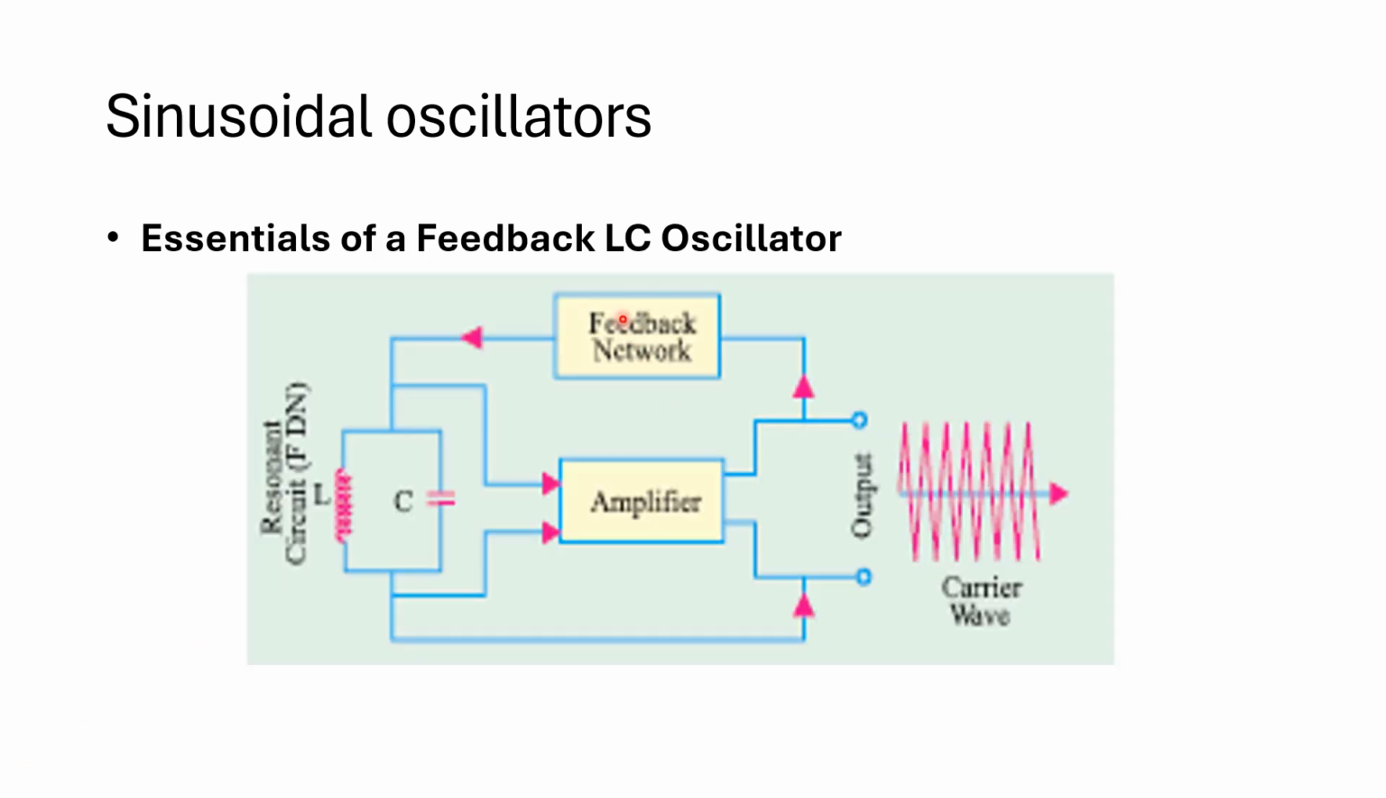So we have here the essential components of a feedback LC oscillator. Any feedback oscillator circuit must have these components for us to be assured that we have an undamped output waveform. Okay, so we have here a carrier wave, for example. So the carrier wave is being